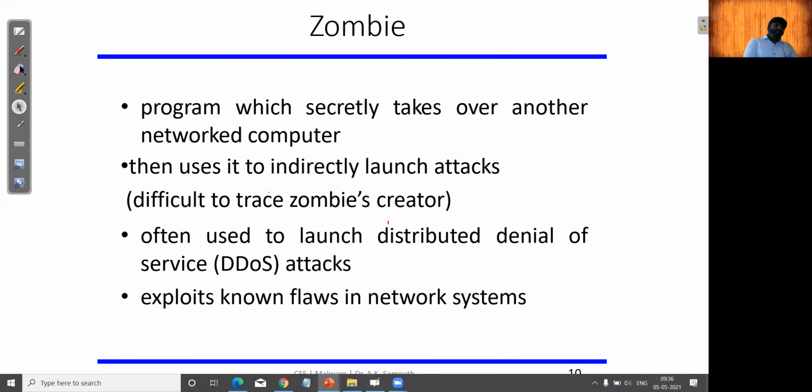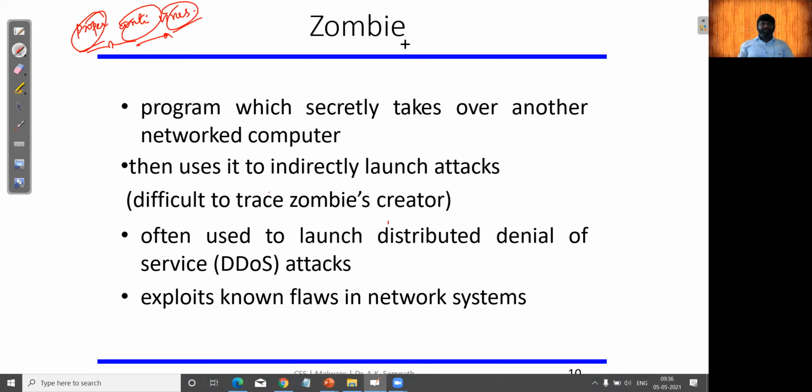Apart from that, we can avoid the Trojan virus by implementing proper antivirus software, in order to protect against all types of malware. Definitely we should use good antivirus software.